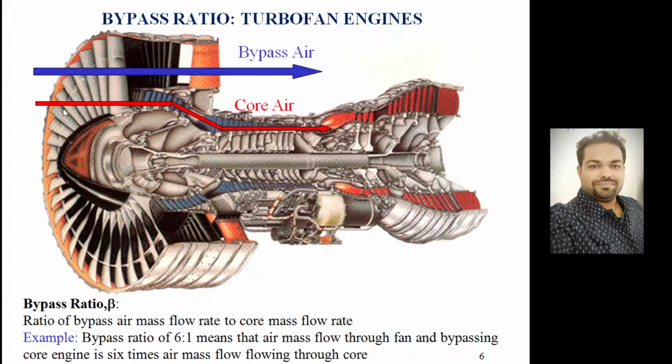So if you look at this schematic diagram, this is a cut section of an actual bypass turbofan engine. Look at here, this is the fan assembly, and the fan is directly coupled to the high pressure turbine over here, followed by the core engine which is here. This is the core engine, this is the compressor section, and then finally these are the combustors, and immediately after that the low pressure turbine is there, which is coupled to the compressor.